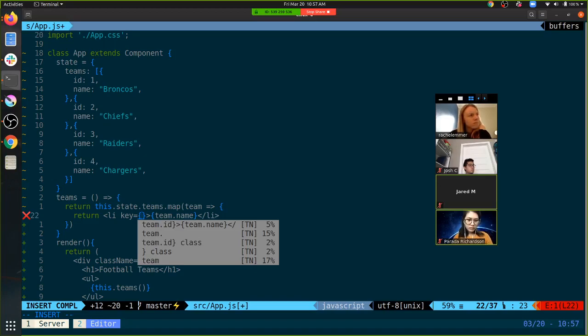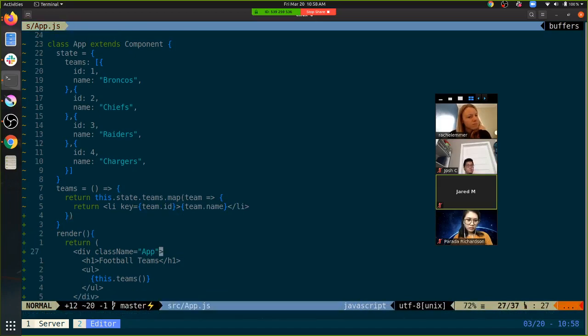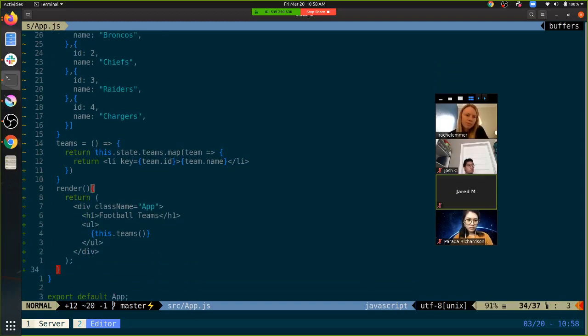For functional components, the return value of the function is what we're rendering. Inside of a class, it's whatever comes out of this render method. So in your class, you're writing functions and then you're returning what should be rendered, and then in your render, you're returning the function. Correct.